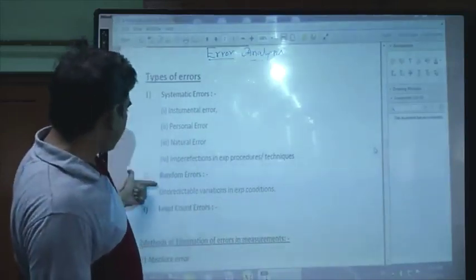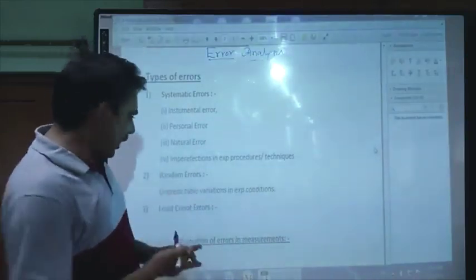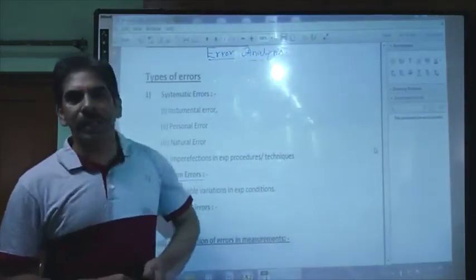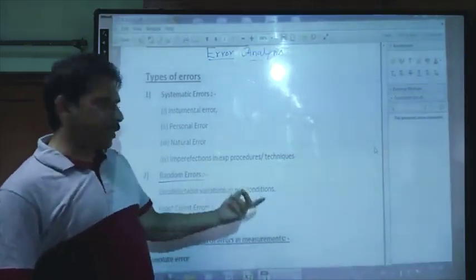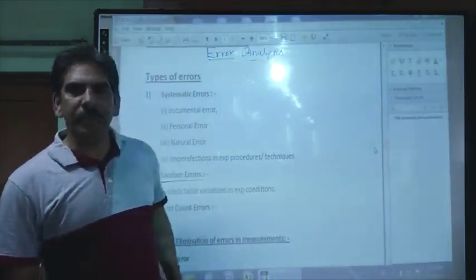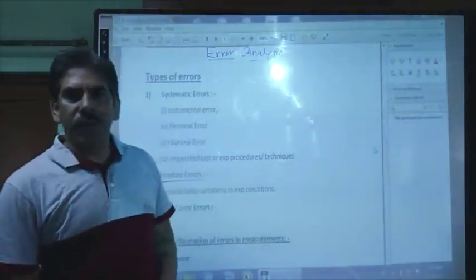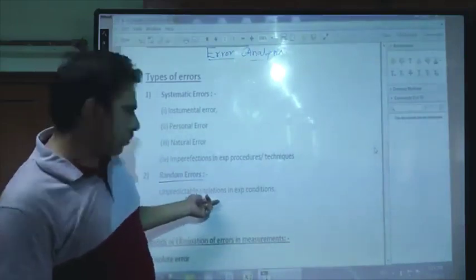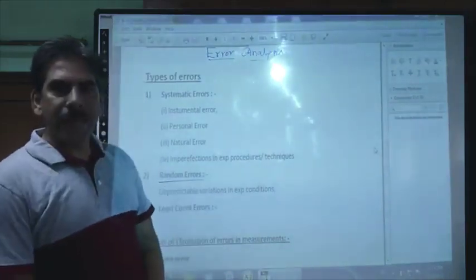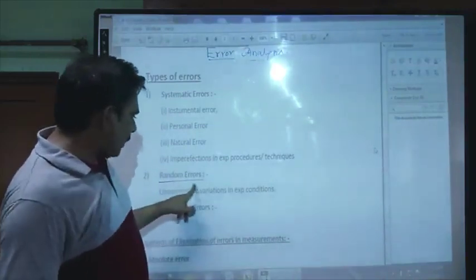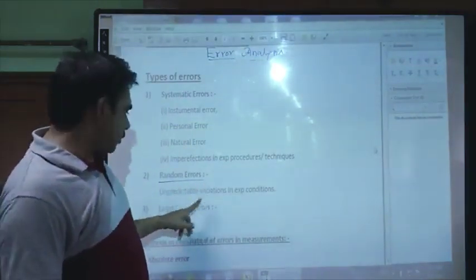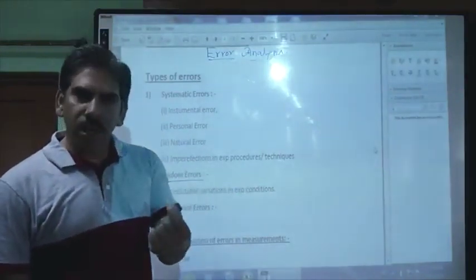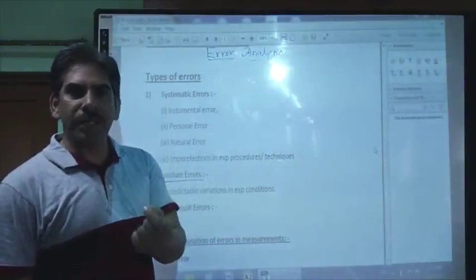Second type of error is the random error. So what is a random error? Random error is the error due to unpredictable reasons. For example, if we have sudden variation in the experimental conditions, like temperature or pressure, which is not expected, then there will be some error in the measurement, and such errors are called random errors. These random errors can be reduced by taking the observation a number of times. The more times we measure a value, the more accurate a result we can get.